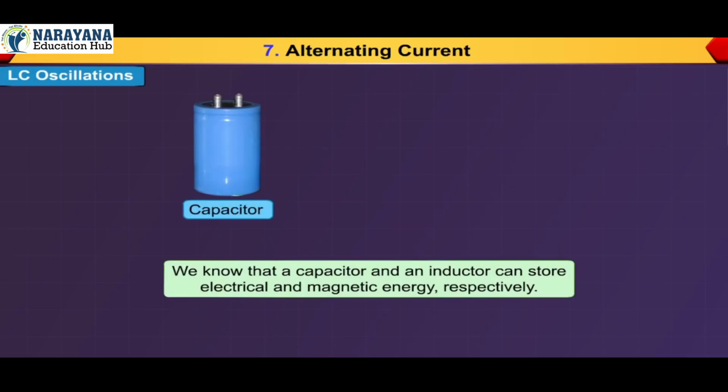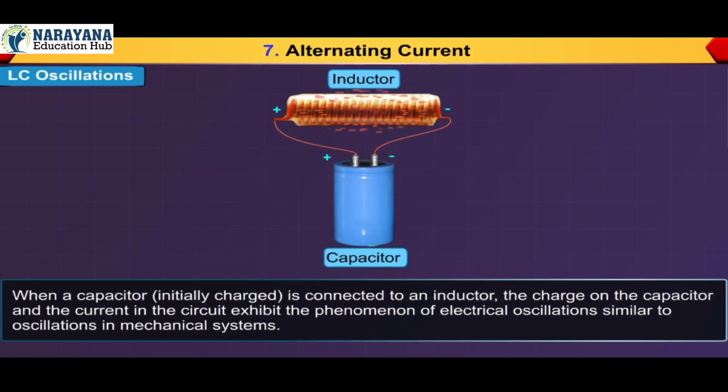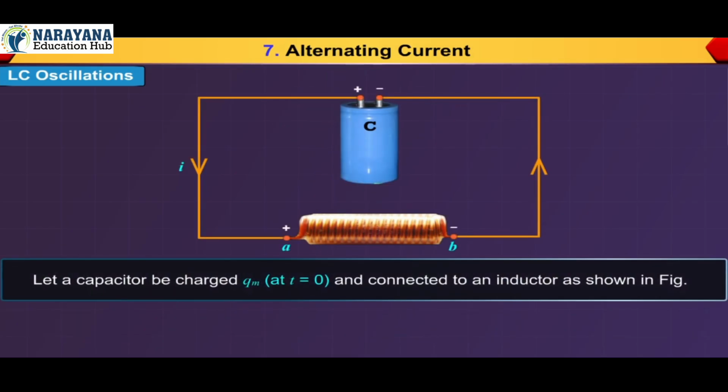We know that a capacitor and an inductor can store electrical and magnetic energy respectively. When a capacitor initially charged is connected to an inductor, the charge on the capacitor and the current in the circuit exhibit the phenomenon of electrical oscillations similar to oscillations in mechanical systems. Let a capacitor be charged Qm at t is equal to 0 and connected to an inductor as shown in